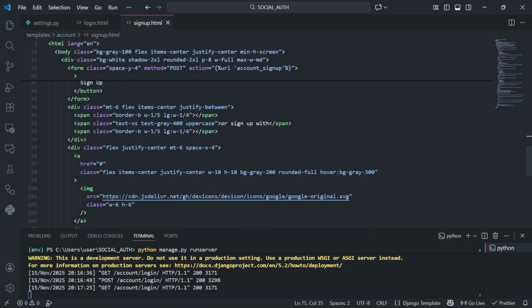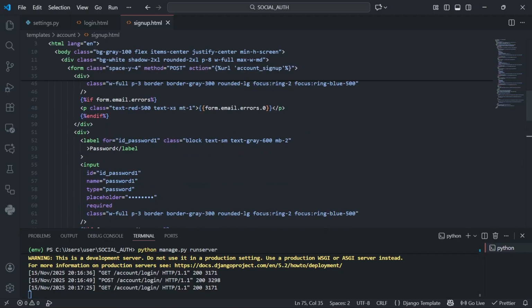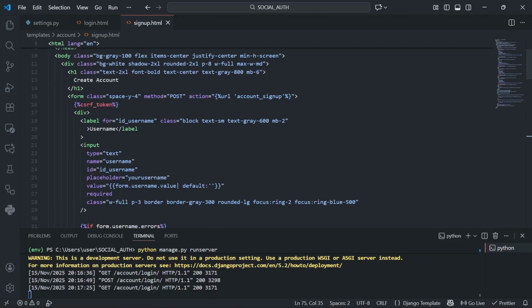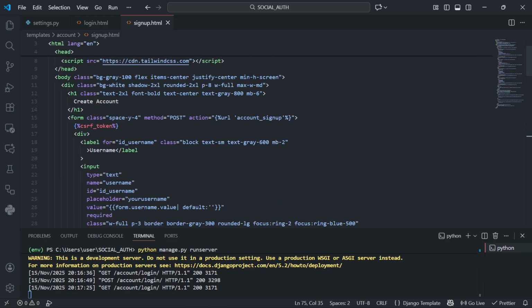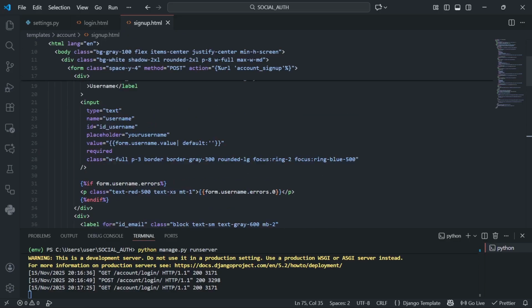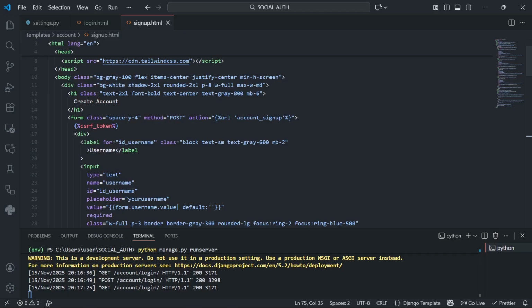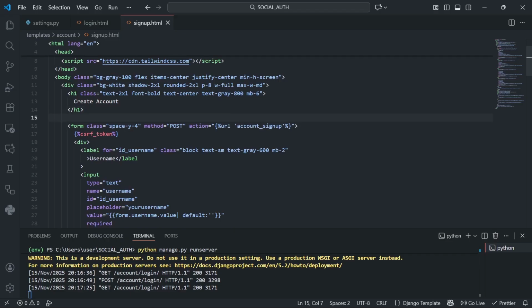Now the next thing we want to work on. We are supposed to have a default for a general form error message that is not particular to this field. Let's just have it up here before this CSRF token, just general form errors. So I'm just going to say, okay, after this form,